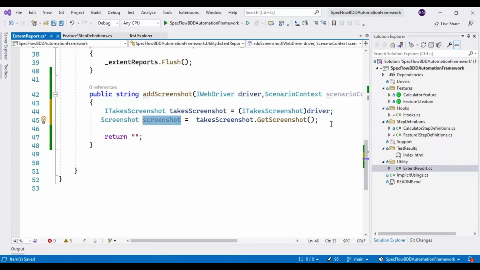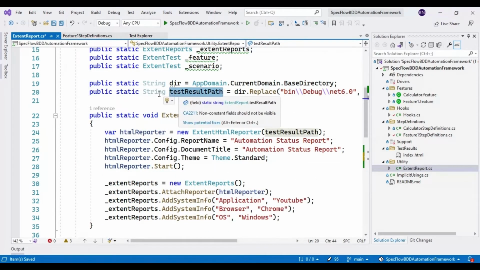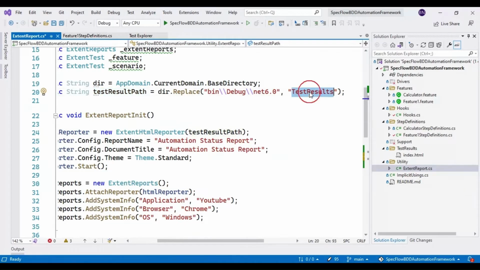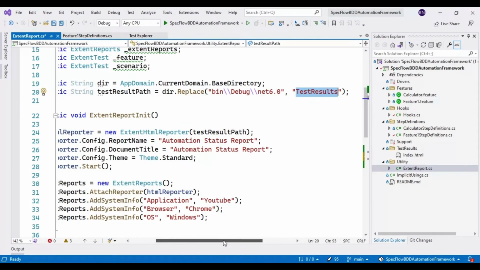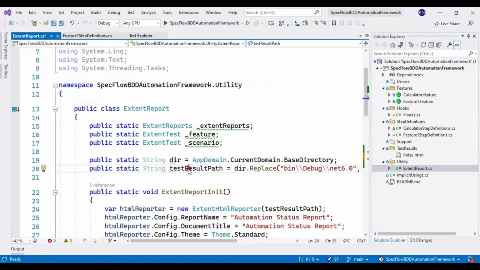Before we save the screenshot, we have to identify the location where we have to store it. So already, if I go above, here is this particular variable, test result path. This test result path contains the location of the test results, right? So this is where we are generating the ExtentReport. In the same place we will add the screenshot. So I will use this variable,